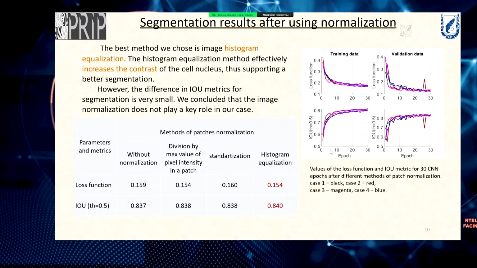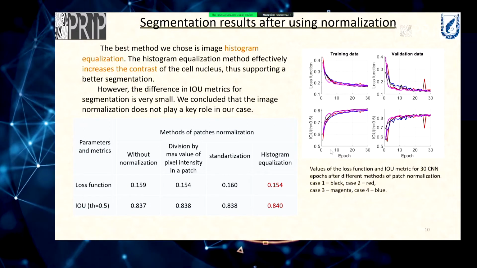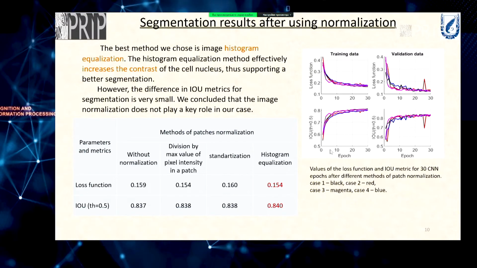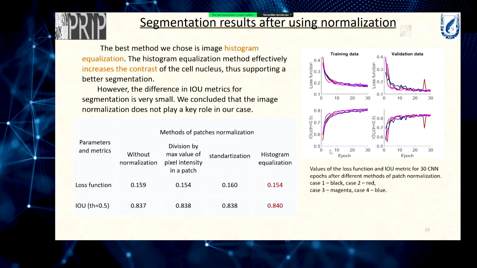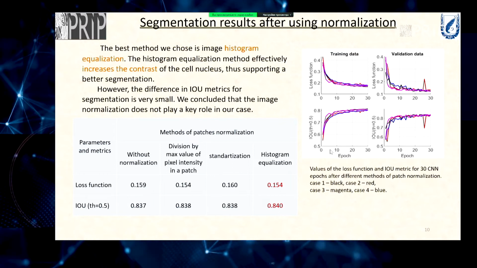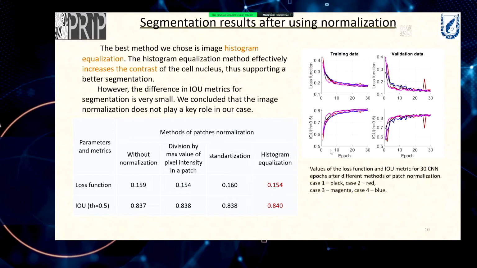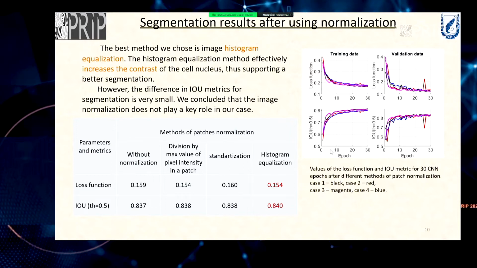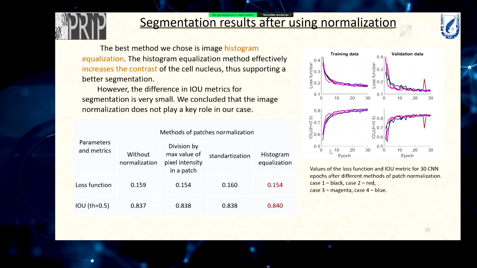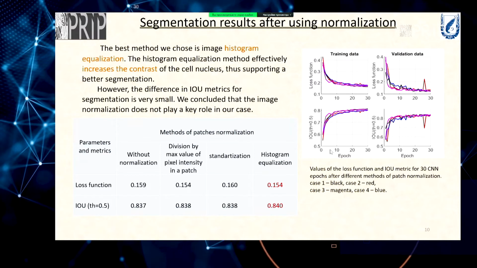As it shows on the right side, we can see in the graphic that histogram equalization shows better performance in the result. And in the table, we can see histogram equalization got the best performance, but compared